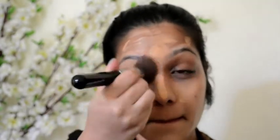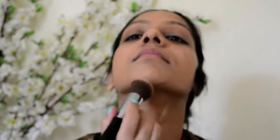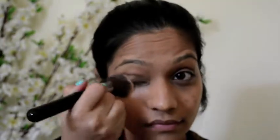easier to blend. Now, using the same foundation brush, I'm blending it all over my face, including my eyelids. This is just to give an even finish. Now also using the same foundation on my neck as well, because my neck and the lower part of my body is way lighter than my face. I don't know, for some reason my face is tanned, so I use that foundation on my neck as